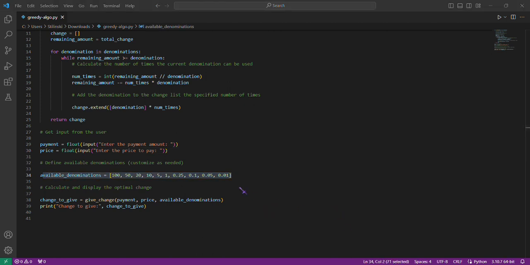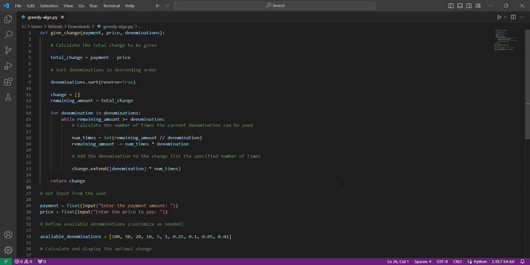This defines a list of available denominations in peso that can be used to give change. And change_to_give equals give_change with the parameters payment, price, and available denominations. This calls the give_change function with the user-inputted payment, price, and the list of available denominations, and assigns the result to change_to_give. Lastly, print change_to_give, which will print the calculated optimal change.